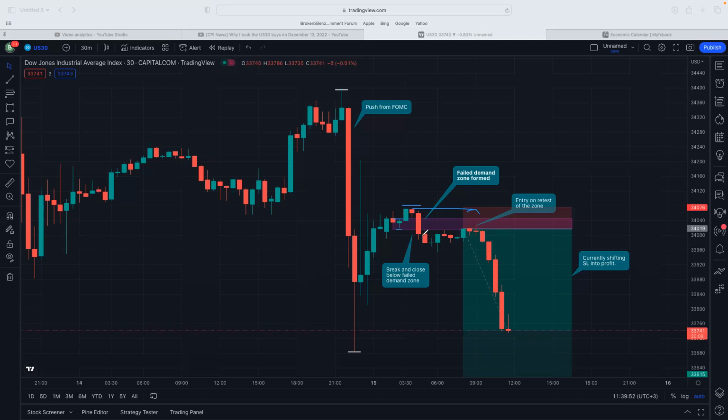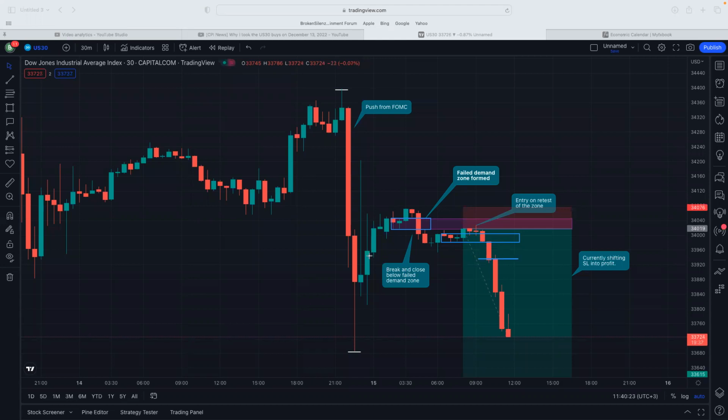So for example, just look at how price has done this. The moment we broke below, it means that we're looking for sells. But as price was pulling back up, it is forming structure that looks like demand zones here. So you'll notice that if I draw with rectangles, we have this one, of course. So we break below, that means we get a continuation down. We break below again, this two candle sort of failed demand zone, and we still continue breaking below, right?